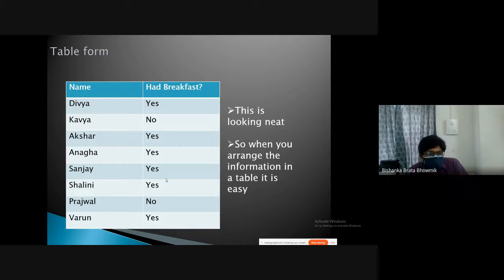Right? Once they do it practically, they will know that it's better to write this in a tabular form. So this is called sorting the information. We have all the data, but we are sorting and processing the information in such a way that we can extract what we need very precisely.